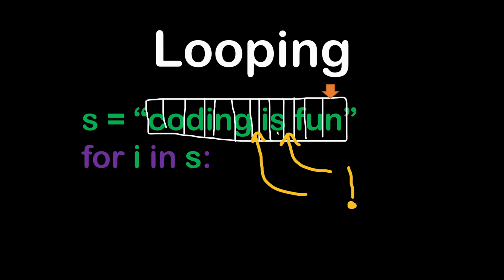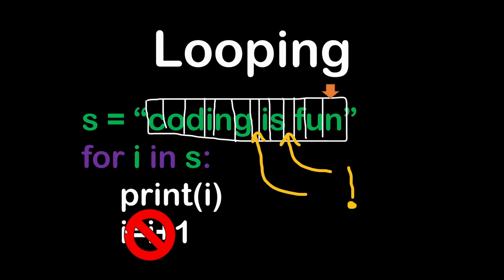Remember, the space here is also considered a character, and i will be equal to space when it reaches this space. Anyway, I will be printing i inside of the for loop,